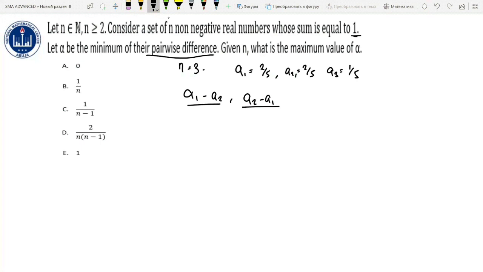So I'll do both cases. I'll do the first case as written in the question, and I'll also do the second case, where they talk about positive pairwise difference, which I think is what they meant. The pairwise difference part is a bit trivial, but I'll still cover it. So these two things will be considered different. In this case, we have 6 terms: a2 minus a3, and also a3 minus a2, and a3 minus a1 will also be different from a1 minus a3. So these are the 6 for this case.